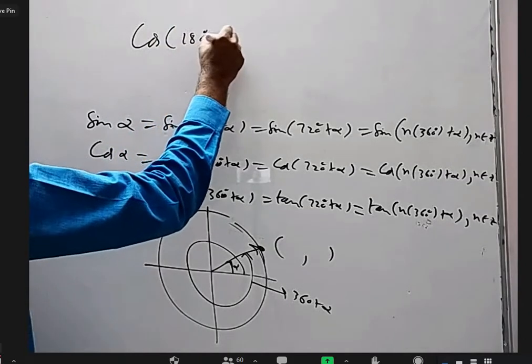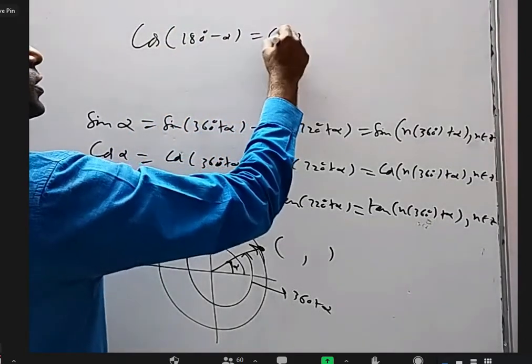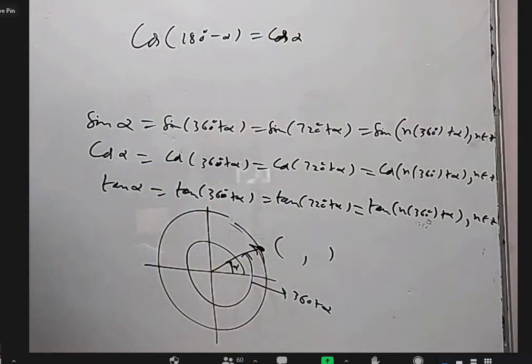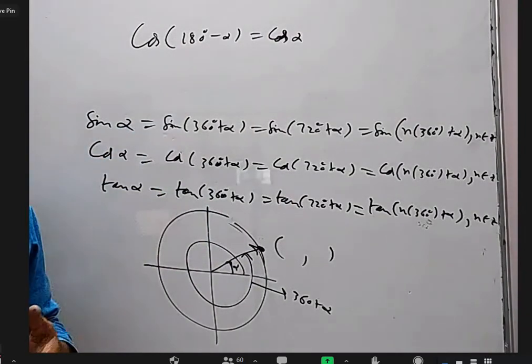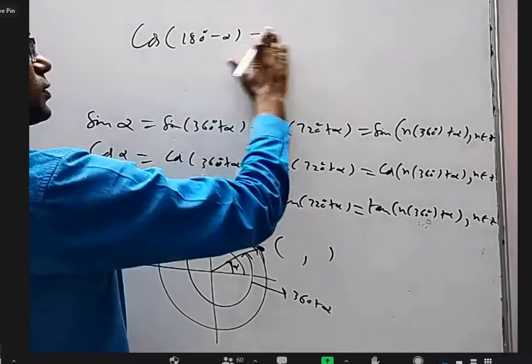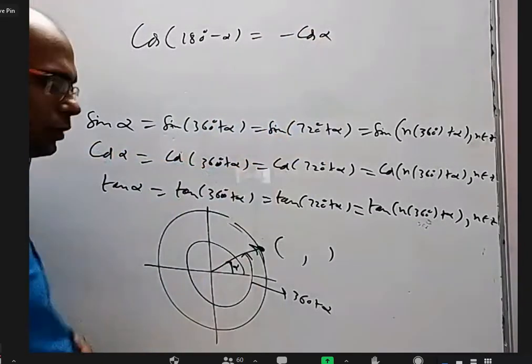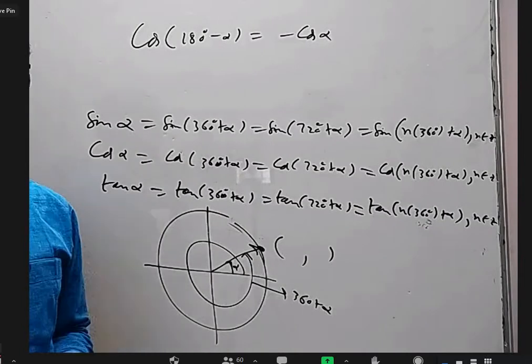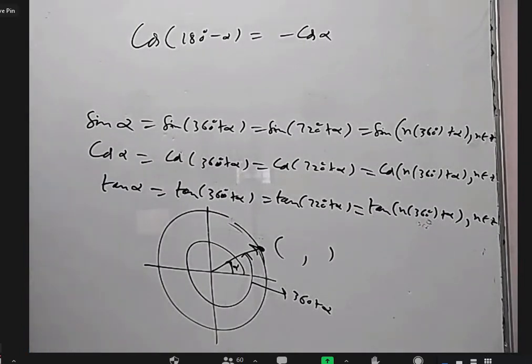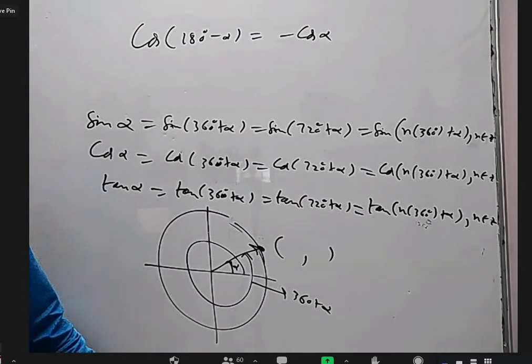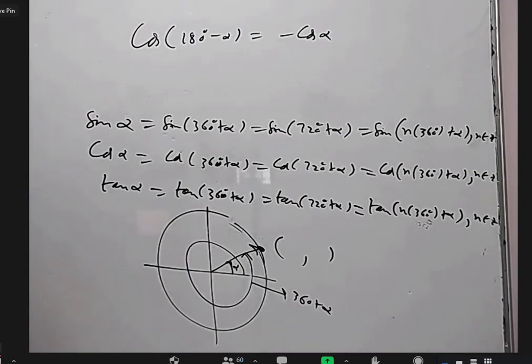They may ask somebody: cos 180 degrees minus alpha is cos alpha, tell us the proof of this. Or maybe it is minus cos alpha. So they may ask us the proof. Because sometimes people learn the formulas, they don't learn how they are derived, which they don't appreciate in a KVPY interview.